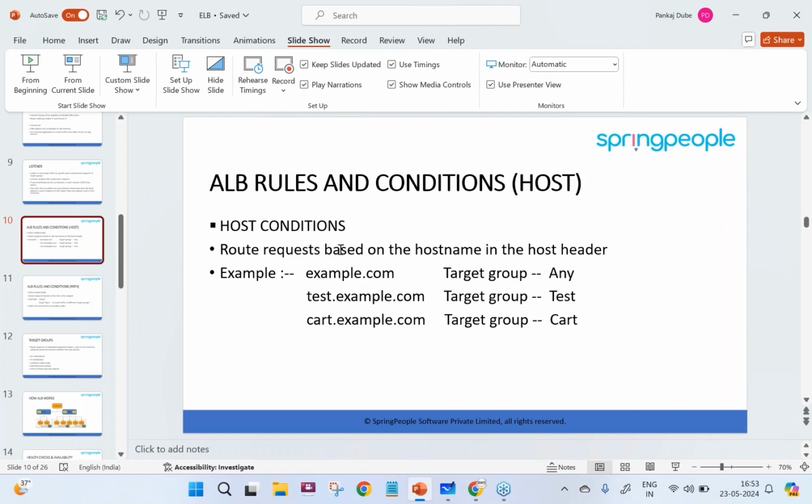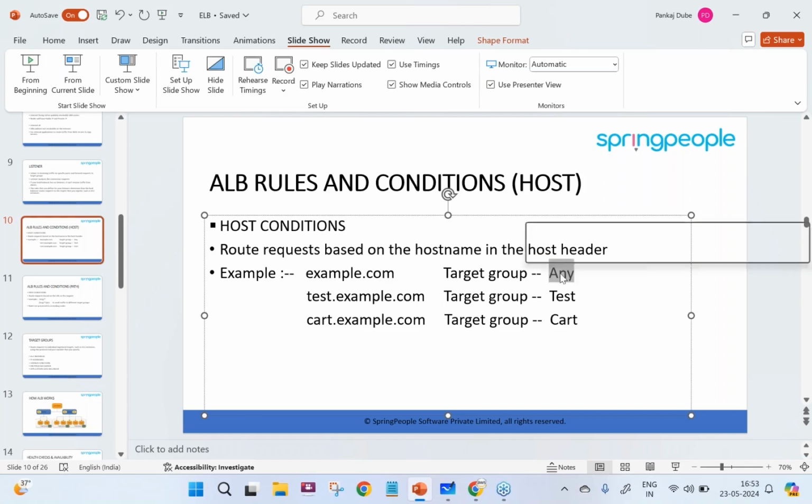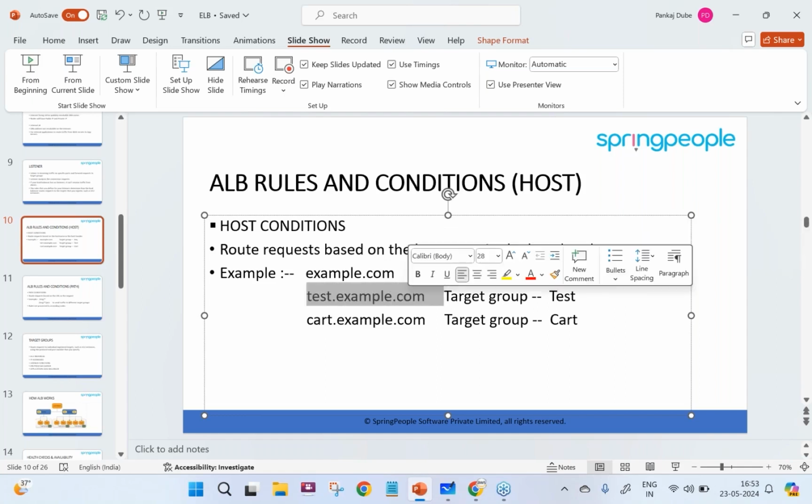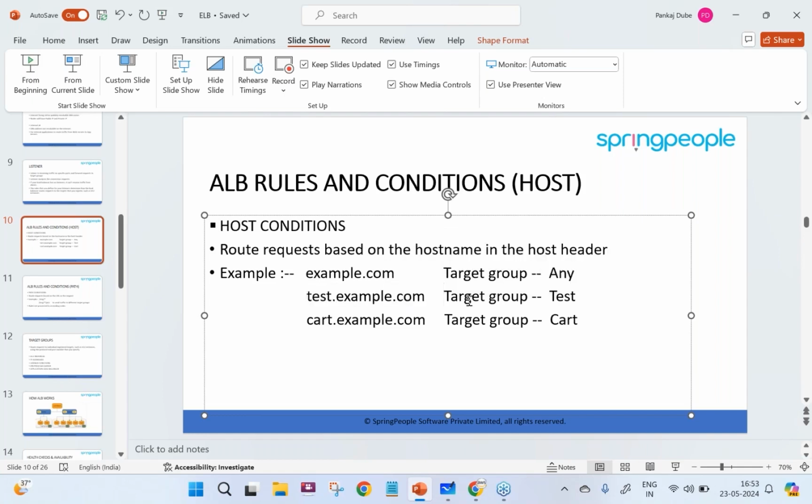Route requests based on the host name in the host header. So let's say if there is an example.com request, I will send the traffic to the target group any. If the request is like test.example.com, another host header, the request will be sent to this test target group.